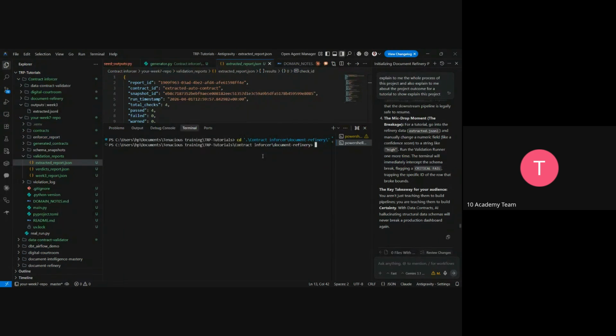So let's look. So we have script path. That's it.